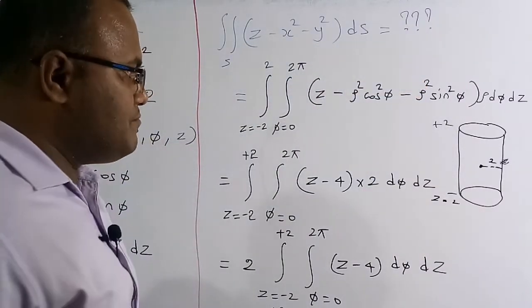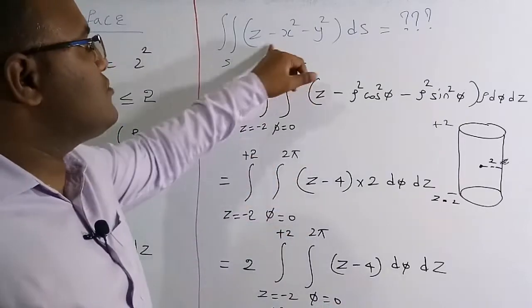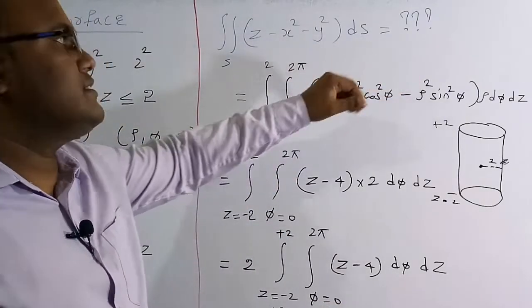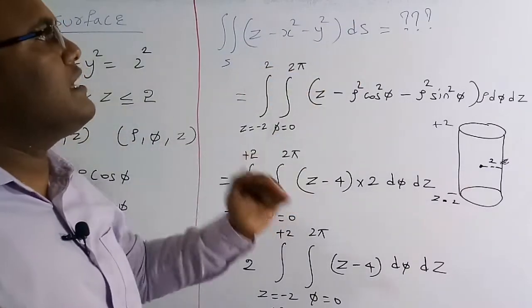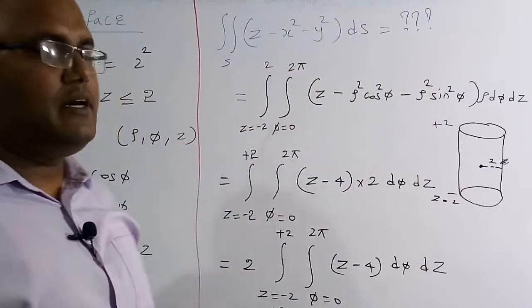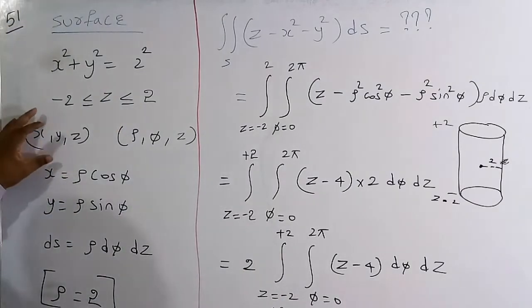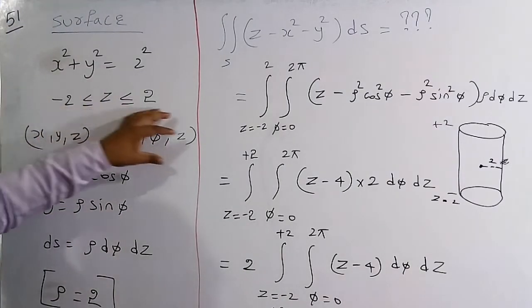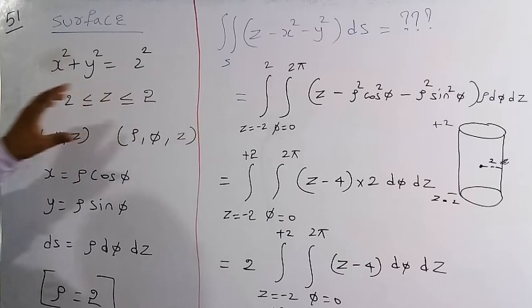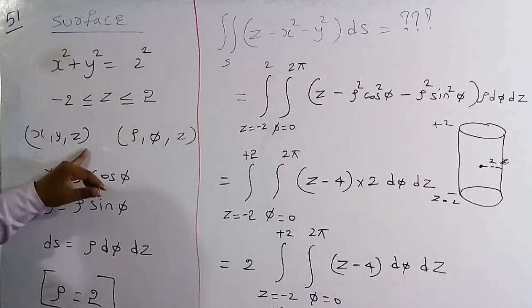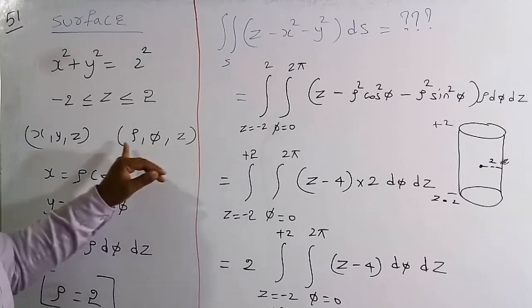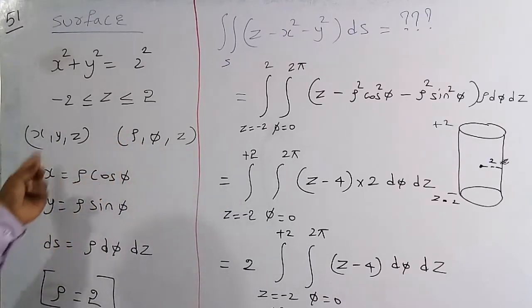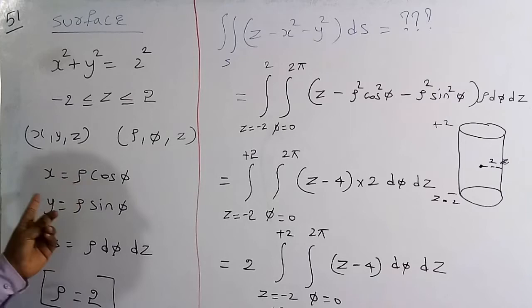Here we have the coordinates in terms of the Cartesian coordinate system x, y, z. I want to convert this into the cylindrical coordinate system, and then I can do the analysis in a much faster manner. So Cartesian coordinate system values are x, y, z, and for the cylindrical coordinate system the values are rho, phi and z. The relation between them is x is equal to rho cos phi, y is equal to rho sin phi,